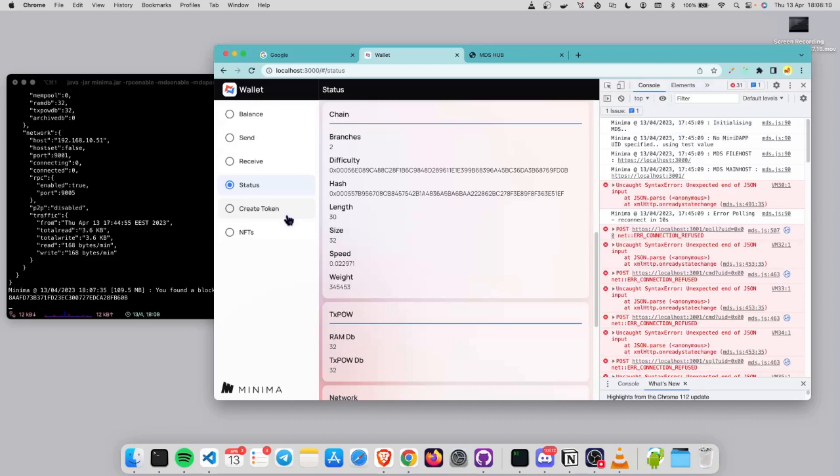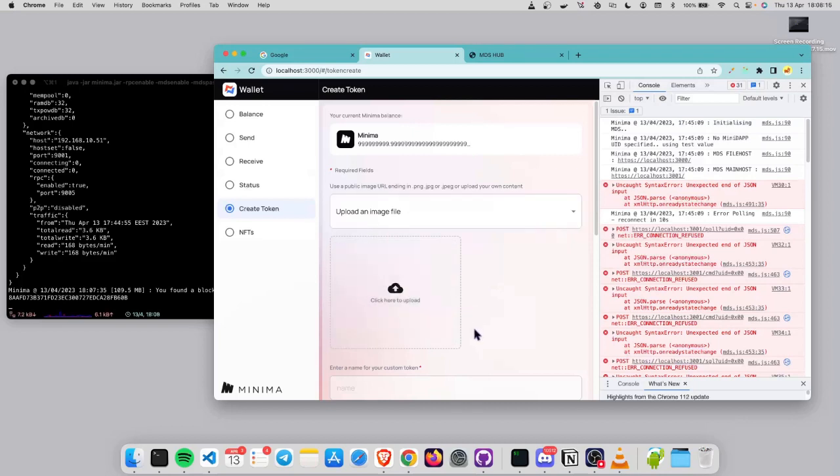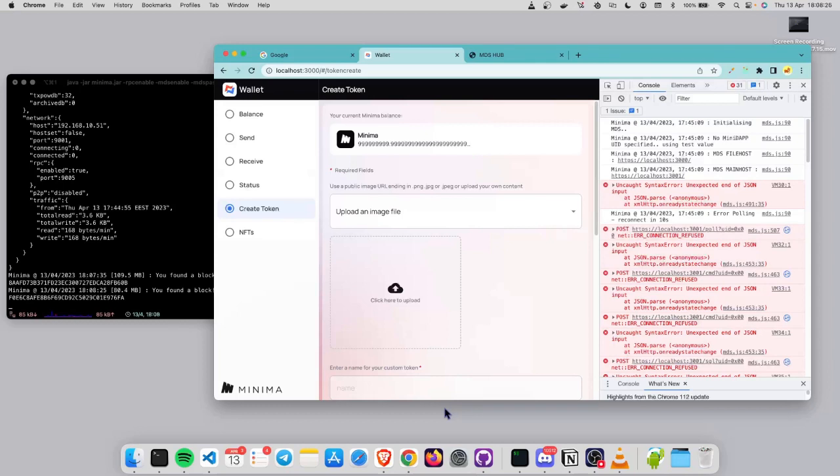So now let us look at something a bit more fun, more complicated. The create token page. So the create token page and the create NFT page are almost the same thing. It's just one token is differentiated from the other one. One token can have decimal places, the other one cannot. You cannot send it as decimals. It can only be sent as a whole. So if we have a look here,